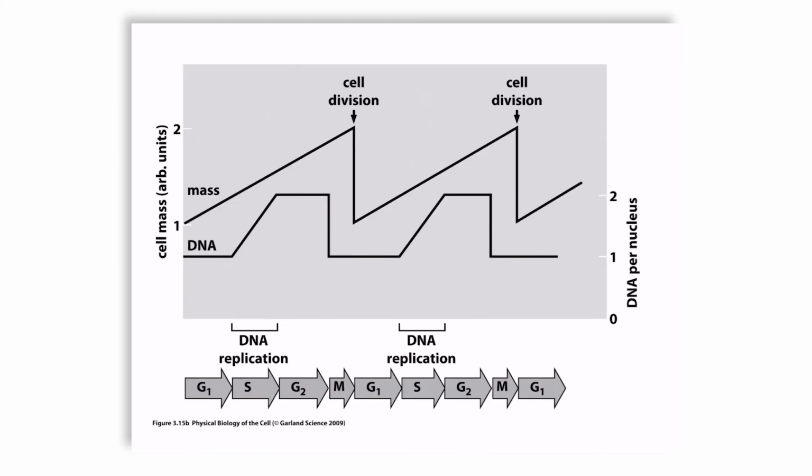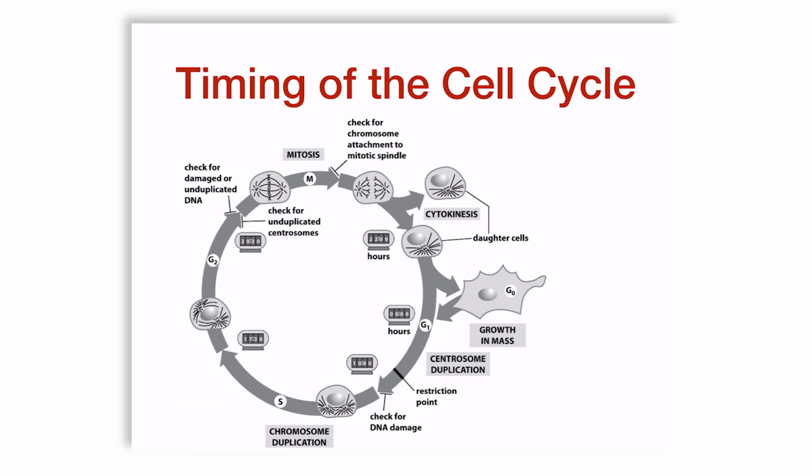This led to the model that cell division is triggered by an increase in mass, and this mass is being monitored by the proteins that are driving this increase, and that there is a concomitant increase in DNA replication, which then leads to splitting at the time of division, segregation, or anaphase, you may say. And this led to the discovery of the famous G1/S and G2/M stages of mitosis. So in a sense, the timing of the cell cycle